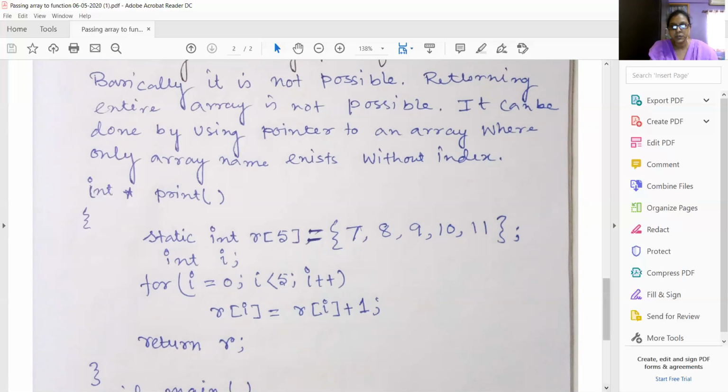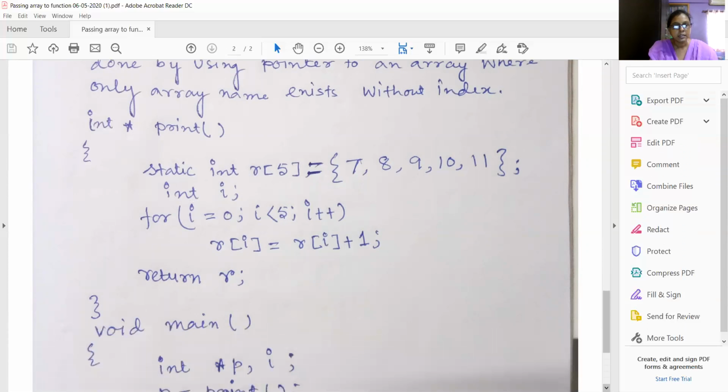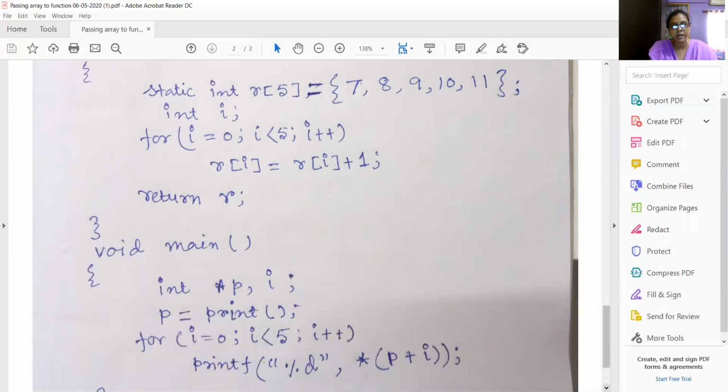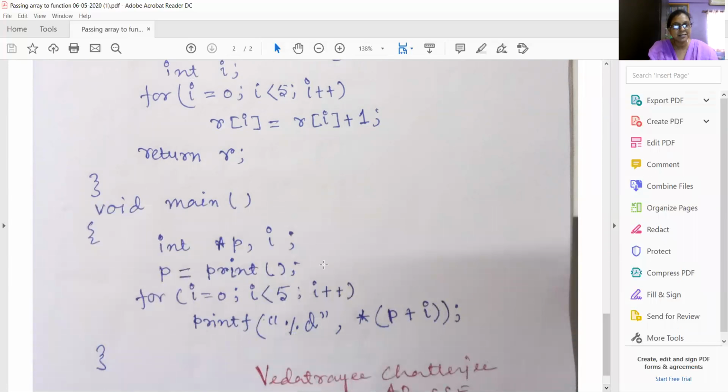When I come to the part of main, I have taken an integer type of variable, int asterisk p, where the returned base address will be given. p is assigned print. The print function will return the base address of r, which will be stored within the pointer variable p. So now p will locate the particular address which is actually r, where the values were previously 7, 8, 9, 10, 11, and after this 8, 9, 10, 11, 12.